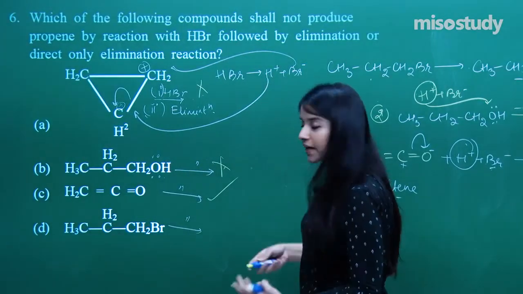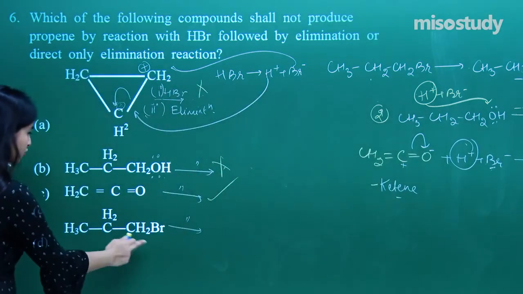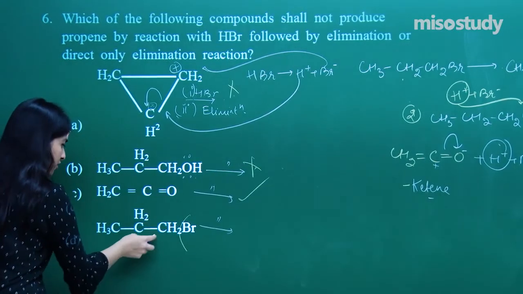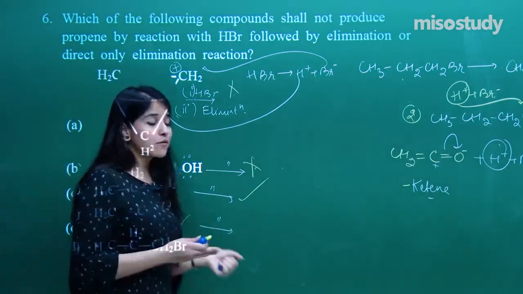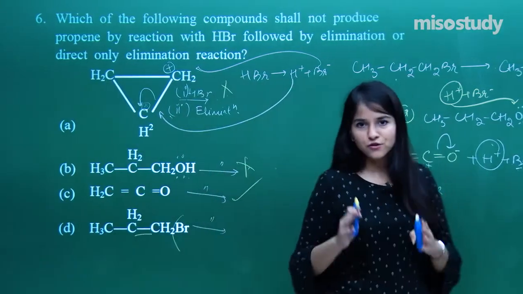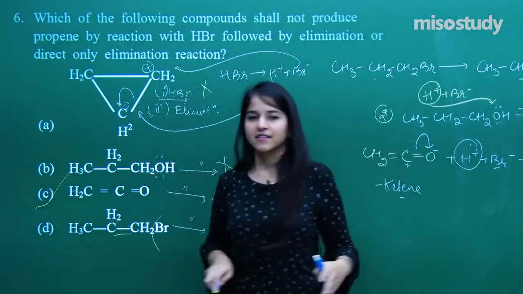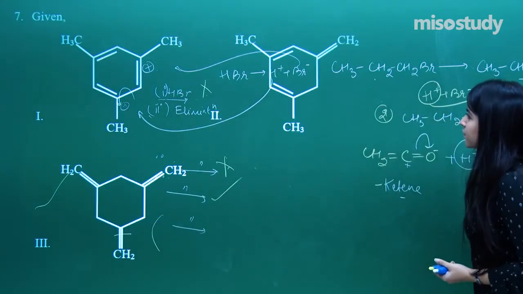Are we getting propene here or not? So I have got CH3, CH2, CH2Br. Yes, definitely after the elimination, what do we get? A double bond over here, nothing but a propene. I hope you are able to follow all the types of reactions, all the types of mechanisms. So what do we get? We get C as the answer, that is the ketene. Let us just move on to the next question. What do we have?